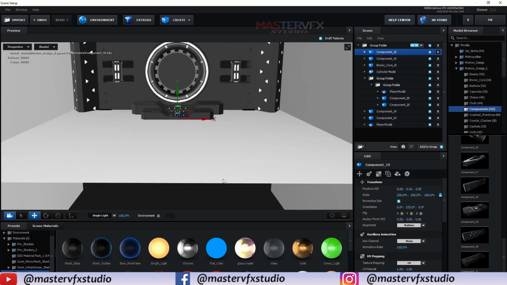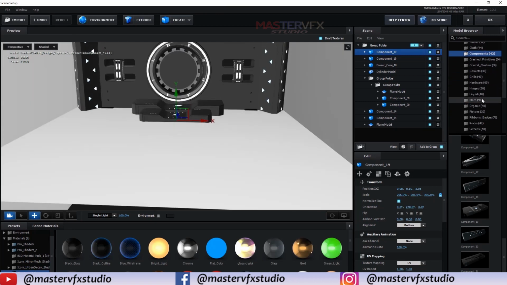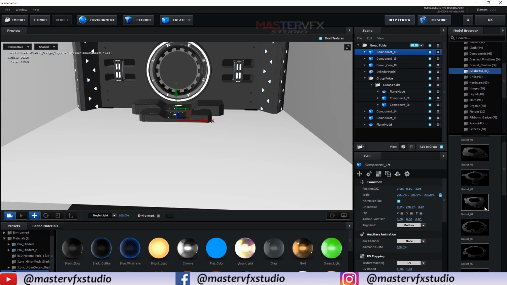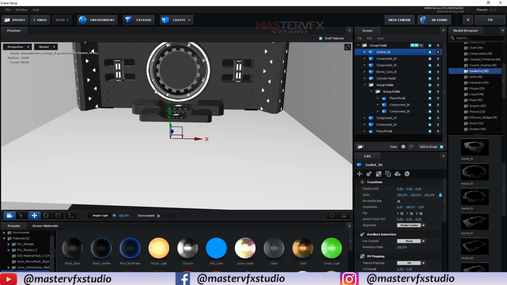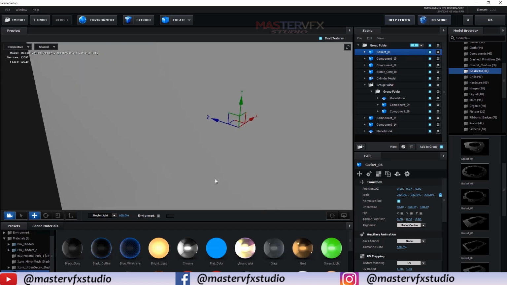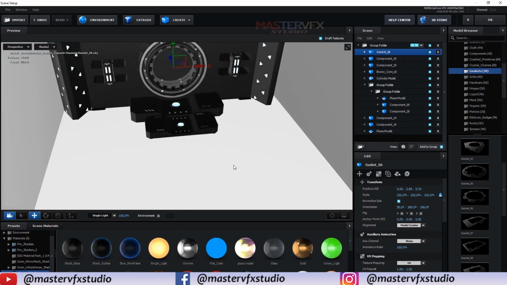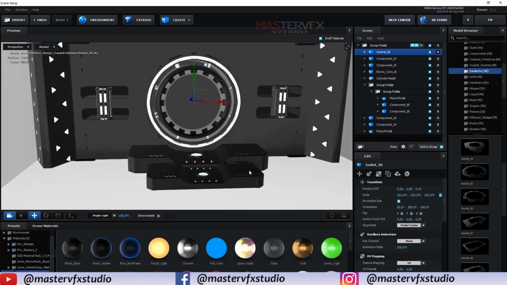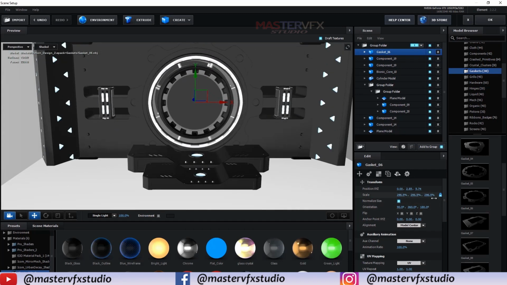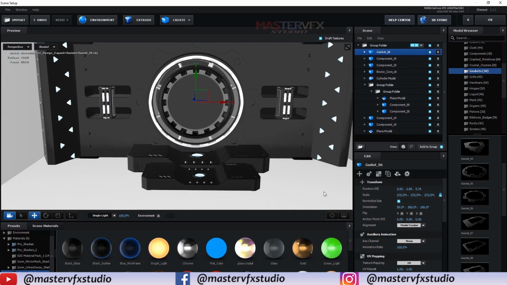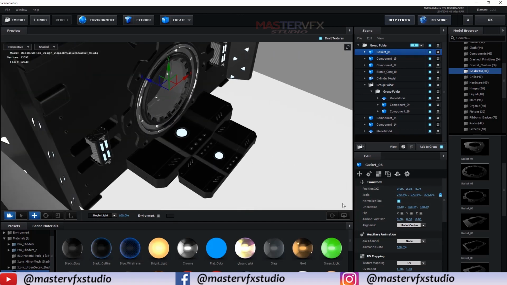Now further, inside the gasket folder, here select this gasket number 6, normalize it and scale it up, rotate it 90 degrees, and just scale it up. Okay, looks good.